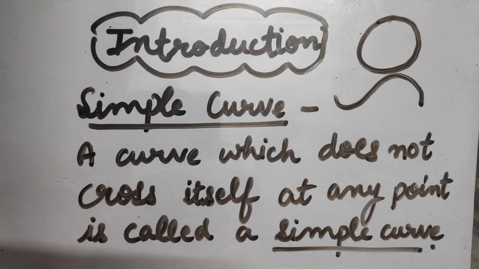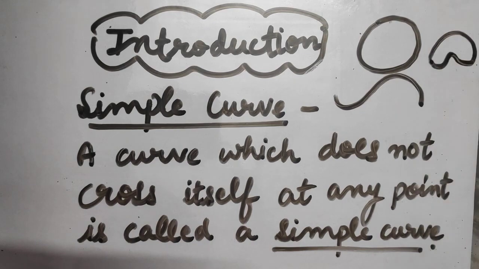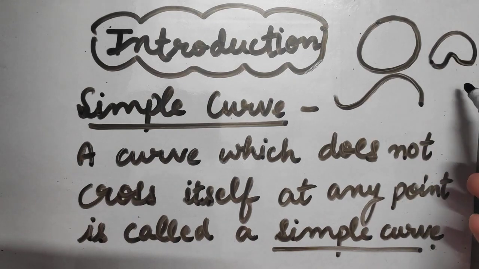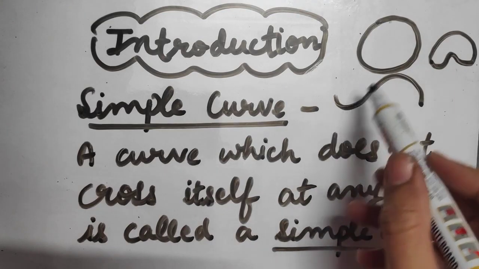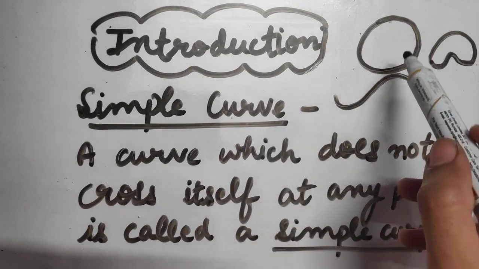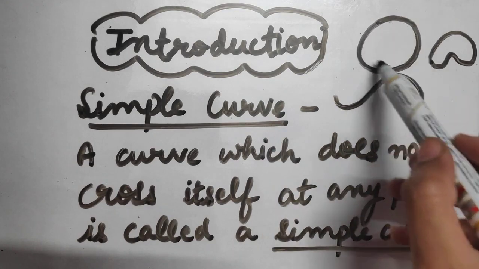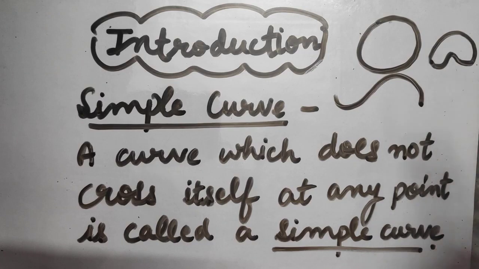Or you can have an example or the figure which we have made for the closed curve. That is, it can be made like this. This is again not intersecting or crossing itself at any point. So all these are simple curves. It can be open or it can be closed. You can see this is an open curve, but it is also a simple curve. You can see this is a closed curve, but it is a simple curve also. This is again a closed curve. Again, it is a simple curve. So I hope, dear children, you have understood about simple curves, open curves and closed curves.